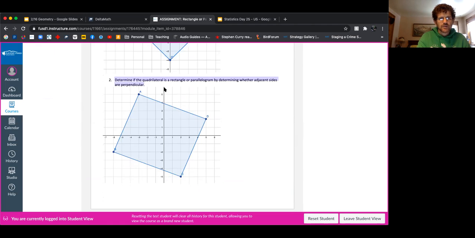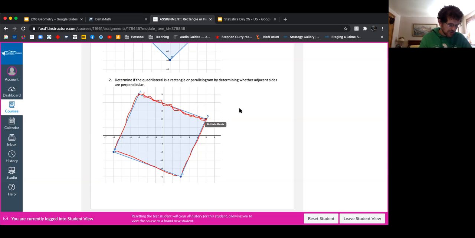Determine if the quadrilateral is a rectangle or a parallelogram by determining whether the adjacent sides are perpendicular. It doesn't matter if you can look at it and decide it's a rectangle or not. You need to do the math. So you need to find the slope of this line and this line. And really that's it, because that's all I'm asking you to do for this particular problem. If you want to verify that they're parallelograms, find the slope for all 4 and see if the opposites are the same. But the main thing is that you want to make sure that you get 2 of these adjacent sides,